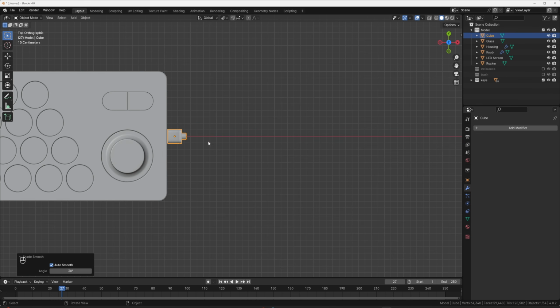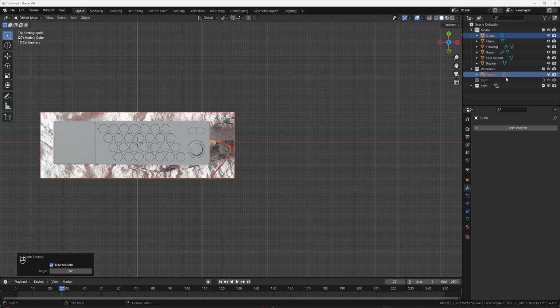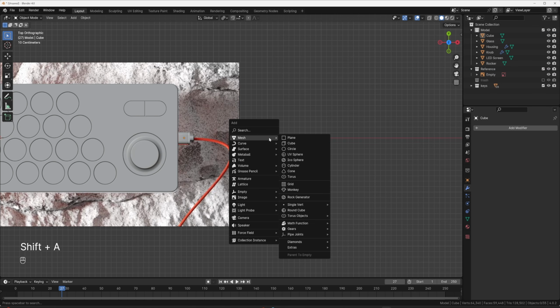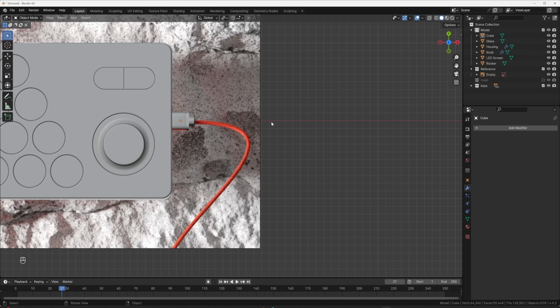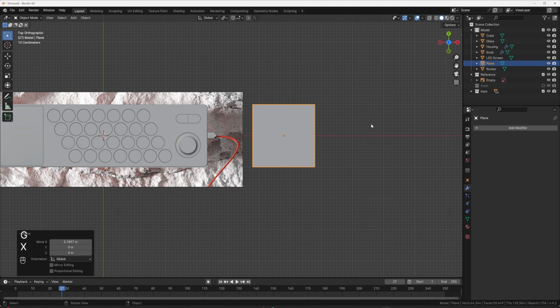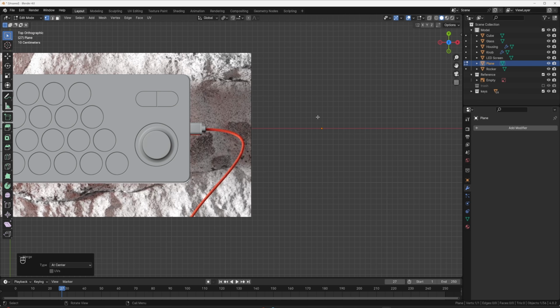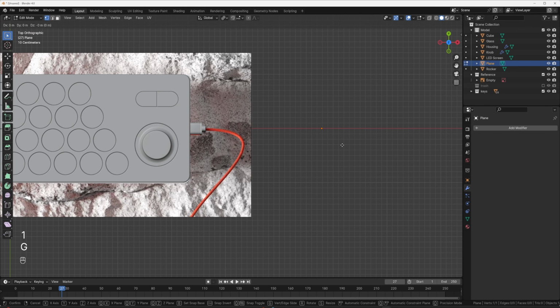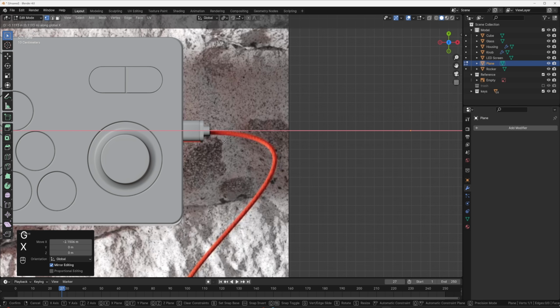The last piece of the modeling is we want to make a curve. That's the easiest way to make a cord in my opinion, at least for now. So let's turn on our reference again and then Shift A, let's just add in a curve. Actually, the easier way for me to do this is just to Shift A, add in a plane, and then GX to bring it over. I'm going to tab into edit mode, select all 4 vertices, M, merge at center. So now you just basically have a single vertex. I'm going to click 1 to grab it and GX. I just want to bring it somewhere over here. So now we know it's perfectly in line.